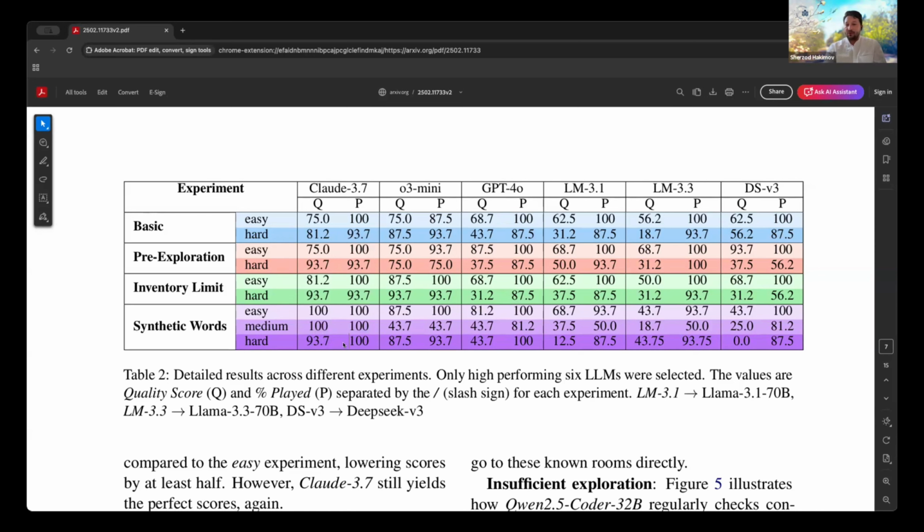So this shows that the model can generalize to new conditions, can generalize to words that were never seen before in its training data, and can incrementally learn the meaning of those words by interacting within the environment, with the environment giving feedback. So this shows what we would like to see in these models: generalizing completely to unknown conditions.